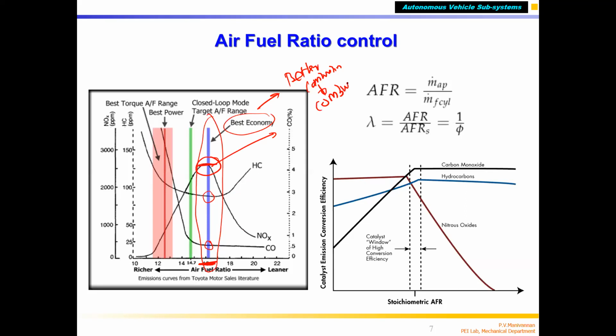Combustion temperature will be very high compared to other points, very high. When the combustion temperature is very high, then more NOx is produced. Correct. So NOx will be produced only when the combustion chamber temperature is above 1200 degrees centigrade or above. Correct. When combustion is happening inside the combustion chamber, fuel and air burning, correct, that time the temperature